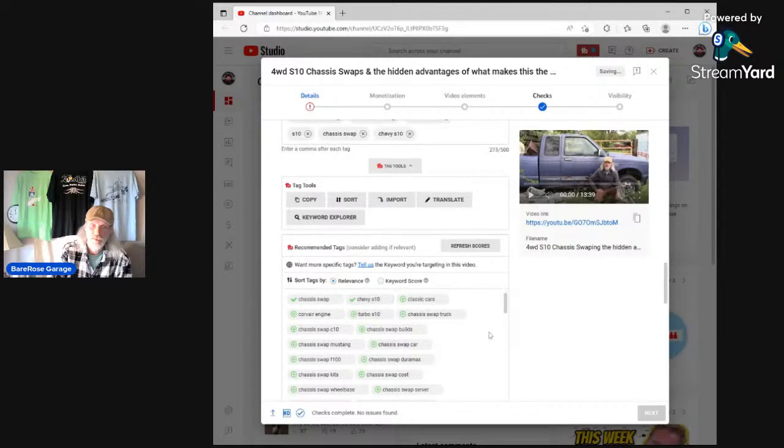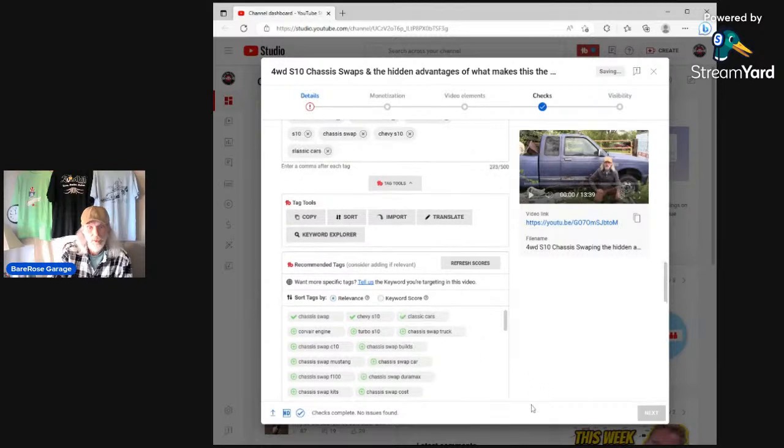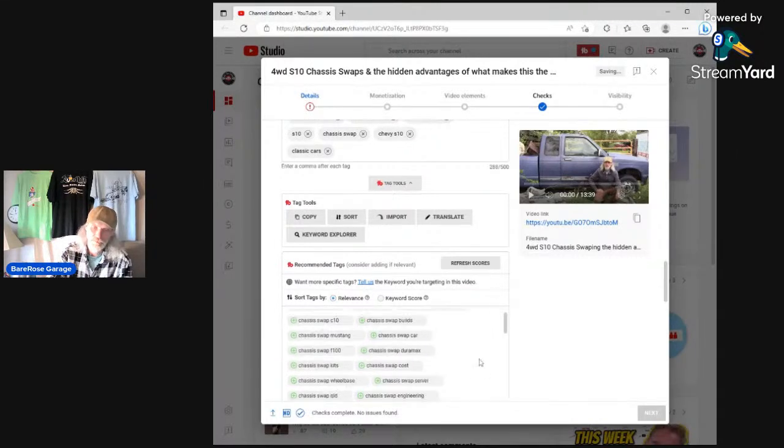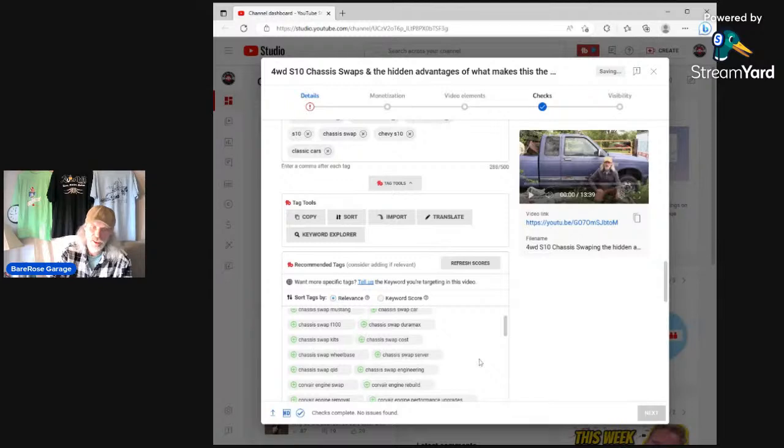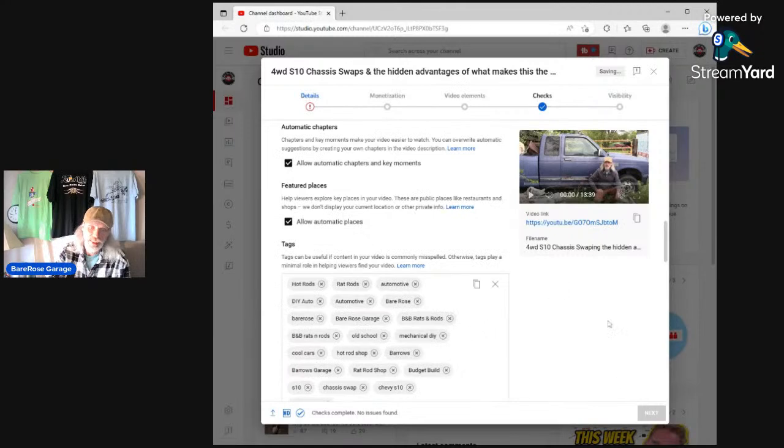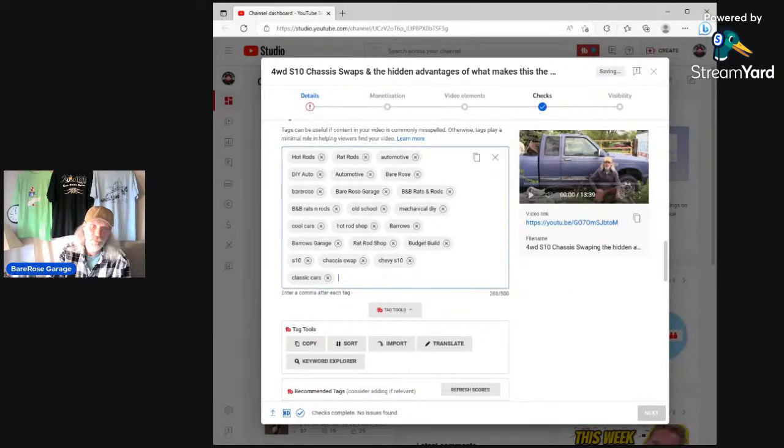Chevy S10, that one fits good. Classic cars, yeah, I'll go ahead and click it. It works pretty good there. Corvair engine. I don't know how they picked that one up. Turbo S10. I'm not doing a turbo S10. What I'm getting at there is, yeah, there's going to be a lot of them in there. Do not put them in there because they don't apply. But you go through and just click through the ones that you feel fit. If it doesn't have any that you don't know of, like you seen on that S10 there,